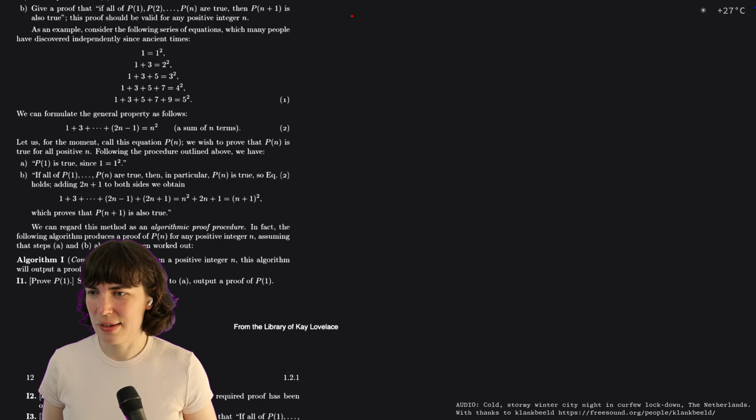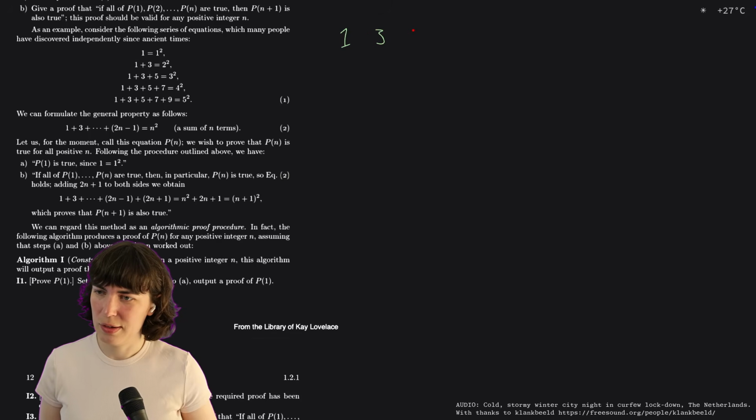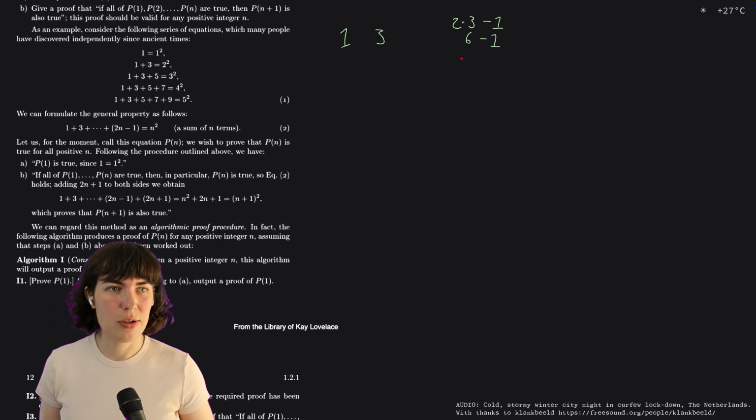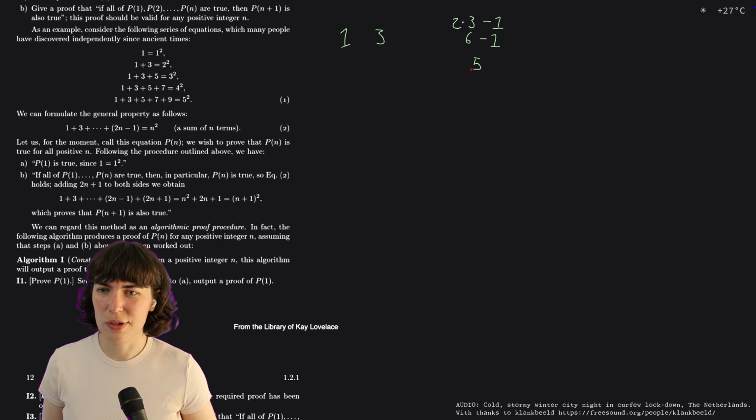So for example, 1, 3, and so n is this 3. In the case of 3, it's 2 times 3 minus 1, which is 6 minus 1, which is going to be 5. Okay. So it's all the odd numbers